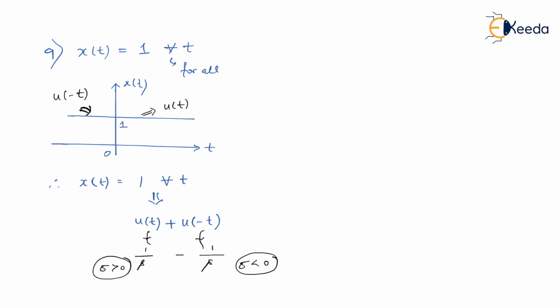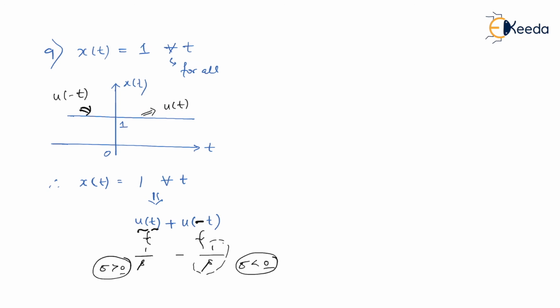Am I right? And again, I'll impose the same theory here. When I'm saying u of t, its Laplace is just 1 by s. So where is the pole present? Pole is present at origin. Therefore, I'm relating my sigma with respect to 0, because sigma is always related with pole, because ROC is always bounded by poles. In the next case also, as you can see, for the second function, it is 1 by s. It means pole is present at s equal to 0. So sigma is again related with 0. And since it is u of minus t, sigma will have a lesser relation.